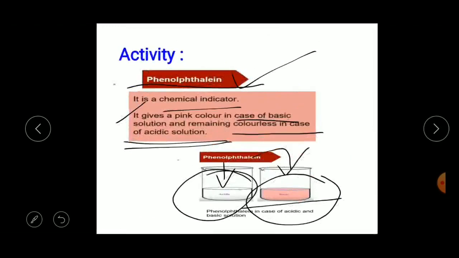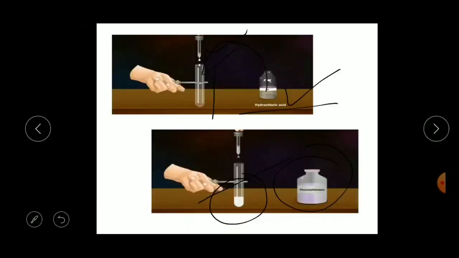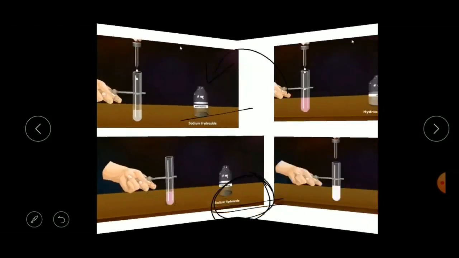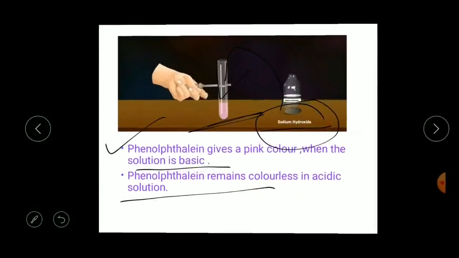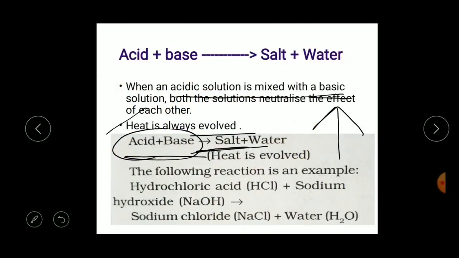Okay, let us see one example here. Now we will take one common example, like common salt. So what is this salt made up of? It is the combination of an acid and a base. So which acid is it? It is hydrochloric acid. The chemical formula of hydrochloric acid is HCl. And we take a base, that is sodium hydroxide, NaOH.